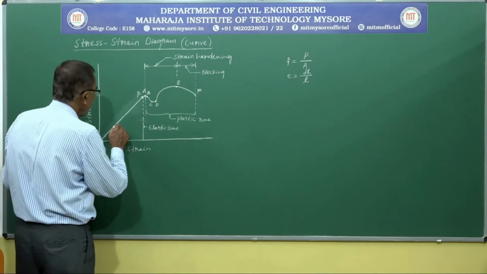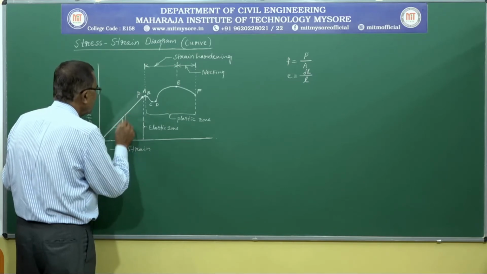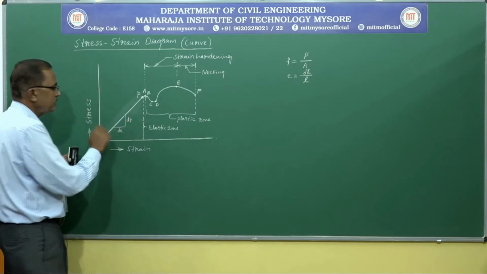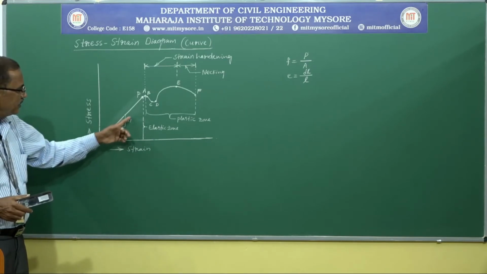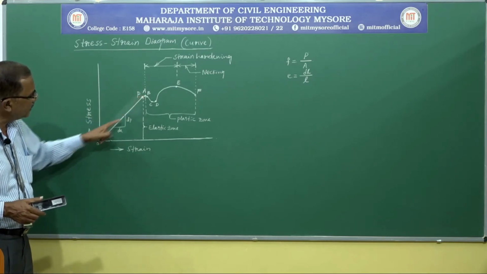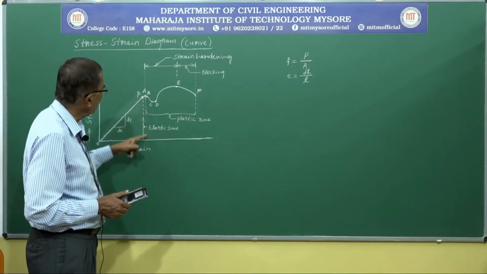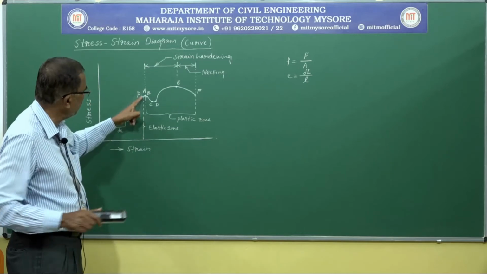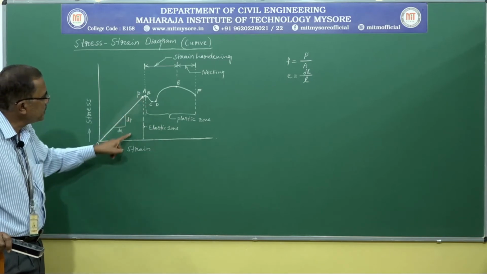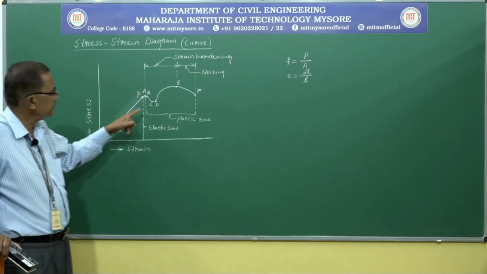Hence, we can easily find the Young's modulus on this linear portion. Say this is called dy and this is called dx. The rise divided by the range gives us the Young's modulus. So this is another way: Young's modulus can be calculated on the linear portion of the curve. Next, this OP vertical range is called the elastic zone. Up to point B, the material obeys Hooke's law: stress is proportional to strain.